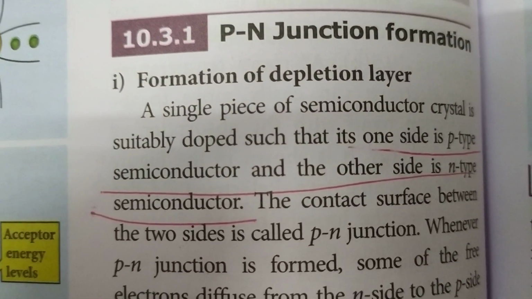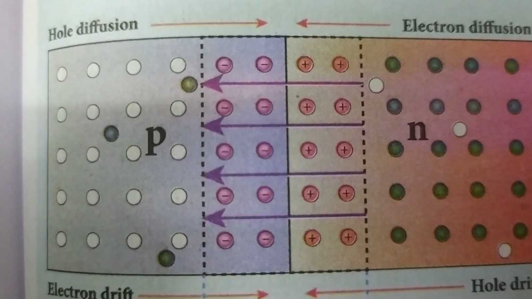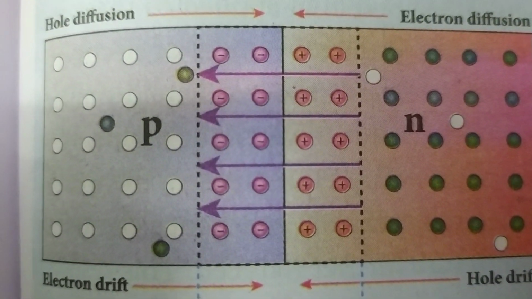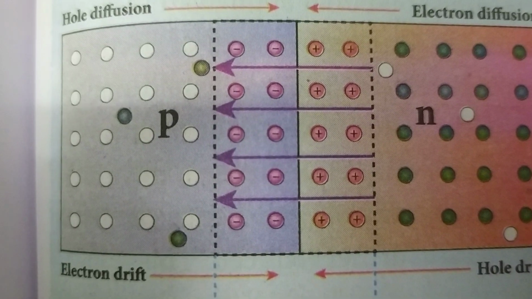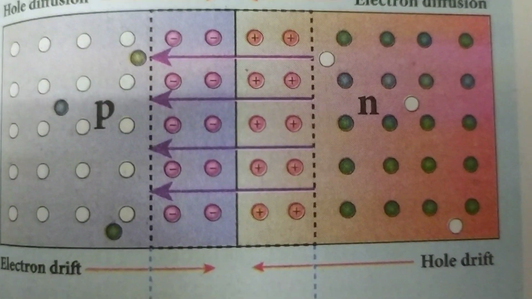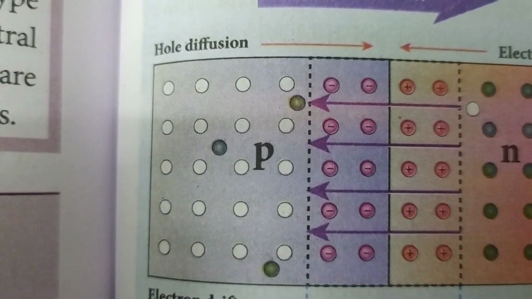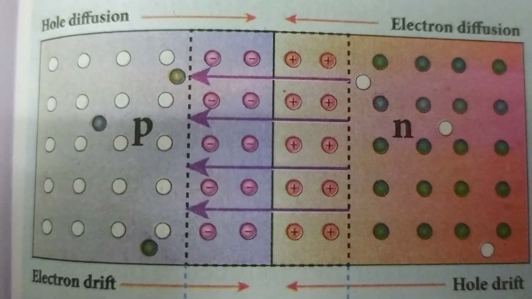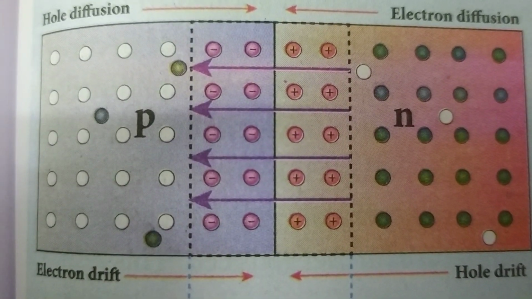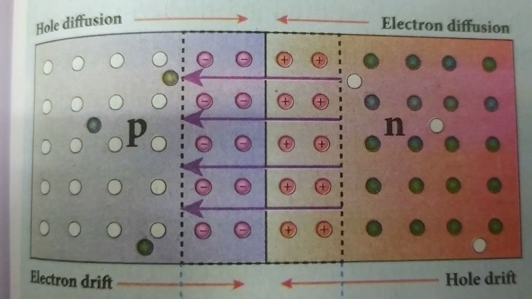So, formation of a depletion layer. In this diagram, this violet region and orange region is called the depletion region. The depletion region is like a door which blocks the passage of further electrons and holes across the junction. Here the N type has electrons and the P type has holes. The depletion layer is in between the P type and N type layers, and we shall see how it forms. The center line is usually called the junction.